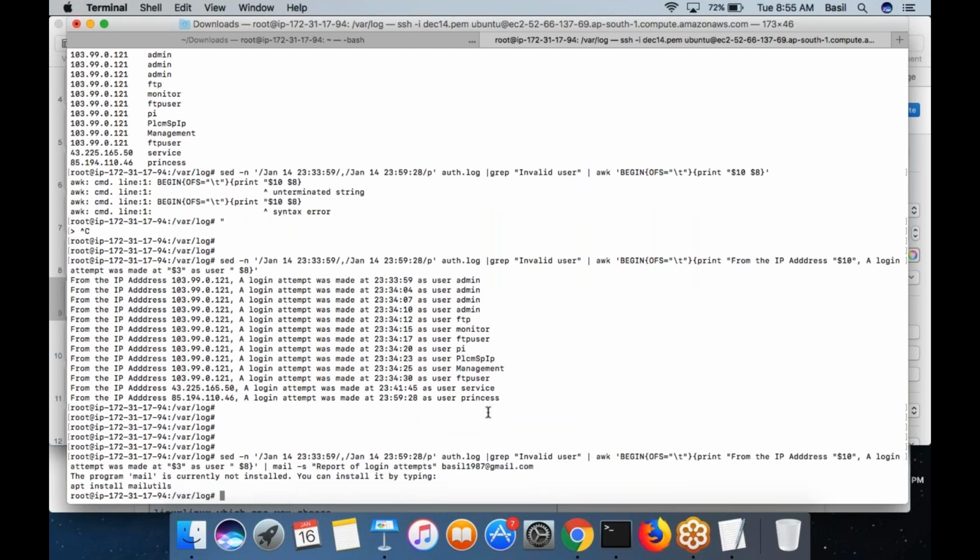Run this command. Actually, mail utilities is not installed currently. And even if I install it, the mail will not go out of my EC2 machine, because AWS will not allow email to be sent from EC2 machines. So what I'm trying to say is, you can use the pipe symbol and run multiple commands to achieve what you want to achieve.